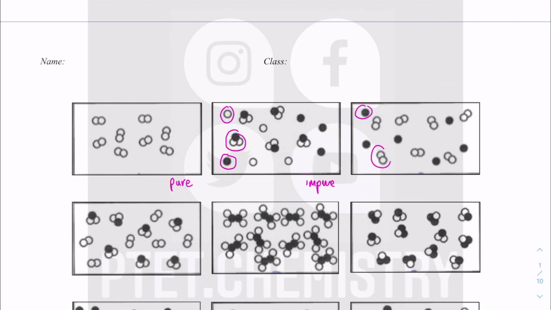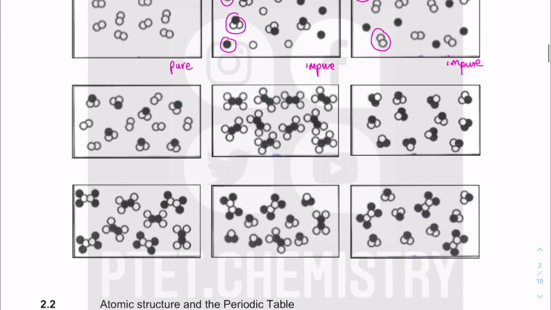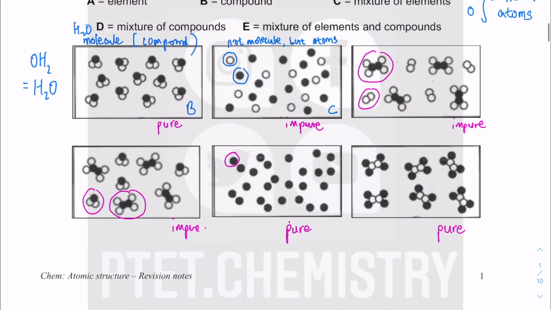This one and this one, this is impure because they are different. This is also impure. So one black, two white, one black, two white. And then you also have this thing. And what else? Again, this is impure. Basically, this is not the same as this. It must be impure. Alright, impure would mean mixture, and we will come back to what kind of mixture